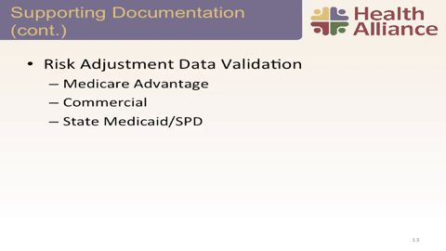As far as commercial risk adjustment data validation, it's a little bit different. What we're finding from the government is the health plan is going to be in charge of hiring a data validation audit company and providing them with the information, and then they will in turn provide the information to CMS. So really the risk stays with us, but it's out of our hands as far as the audits. So we're probably going to be incorporating more efforts there to have our audits. We're going to have the data validation company's audits, and then of course CMS will do their piece. As far as Medicaid,